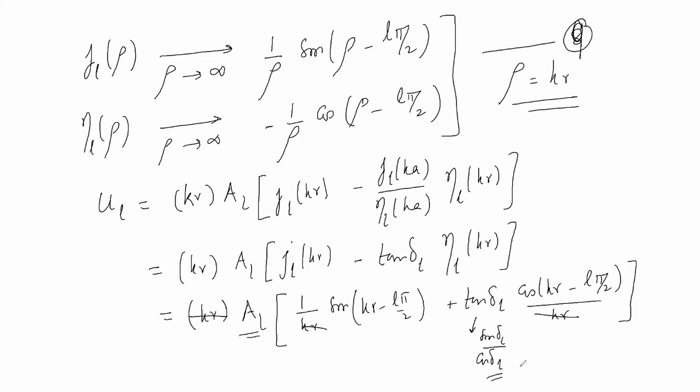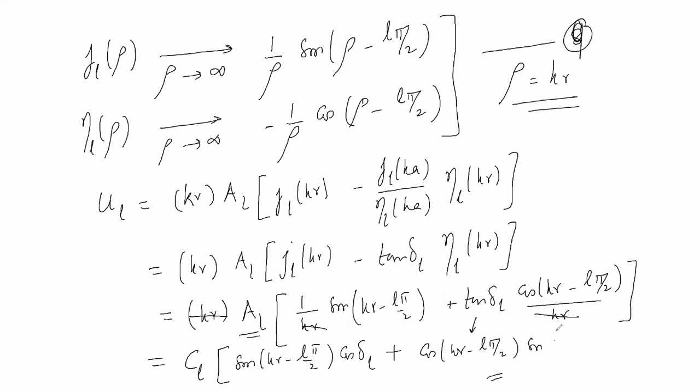Since this is a function of L, I can call it by a new name, C_L. C_L is sin (kr minus L pi by 2) cos delta_L plus cos (kr minus L pi by 2) sin delta_L,